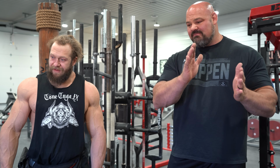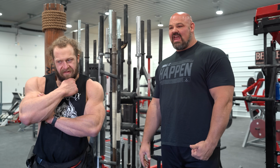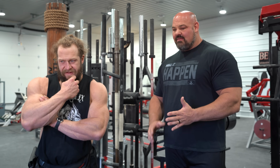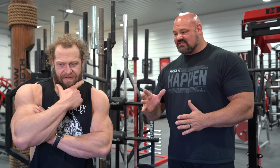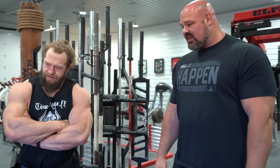So I have to be able to move something heavy, transition, and then be as quick as I possibly can. It's something that came very easy earlier in my career because I came from basketball. It was always stop, turn, go. So naturally for strongman, very simple. This is just something I've incorporated to try to